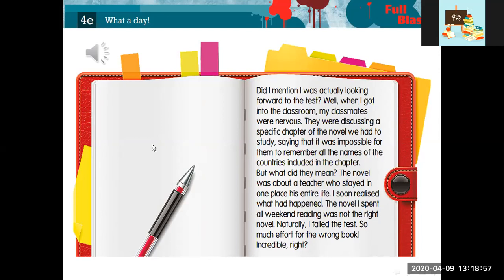The novel was about a teacher who stayed in one place his entire life. I soon listened. Entire life means all his life. Entire life means all his life. Okay? Muhammad? Okay, Muhammad? Okay. Spent all weekend reading was not the right novel. Naturally, I felt the text so much effort for the wrong book. Incredible, right? Okay. Now,